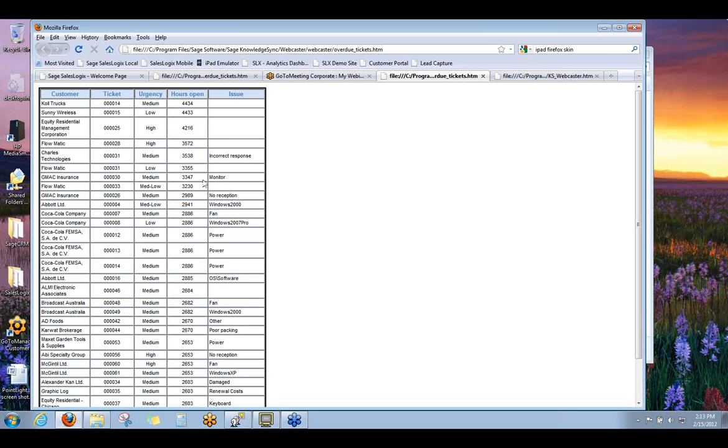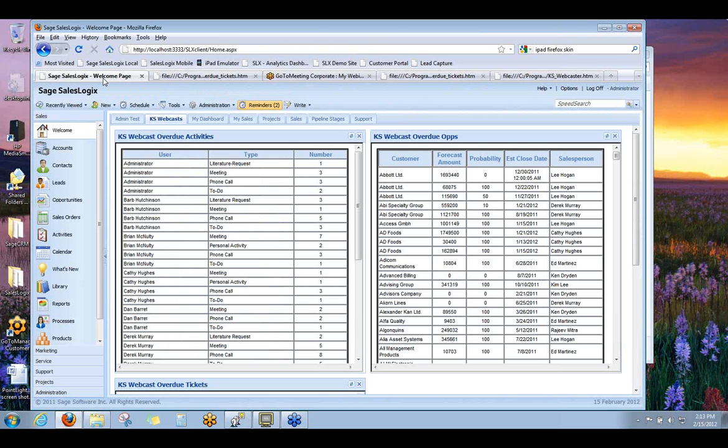Okay, now next thing I'm going to do is show you these dashboards actually sitting in SalesLogix. SalesLogix has a function in it called a widget. Not very unique, but widgets allow you to embed web pages inside of SalesLogix's web client. So we're looking at the 3 dashboards that KnowledgeSync is creating for us now natively inside of the dashboard area of SalesLogix. Exactly the same data presented in exactly the same way,